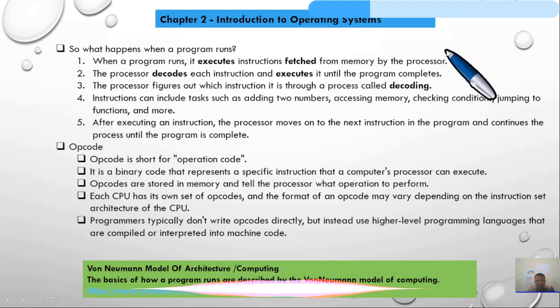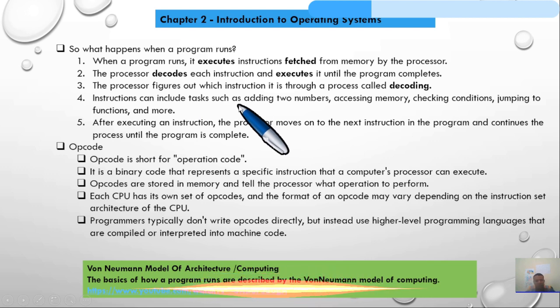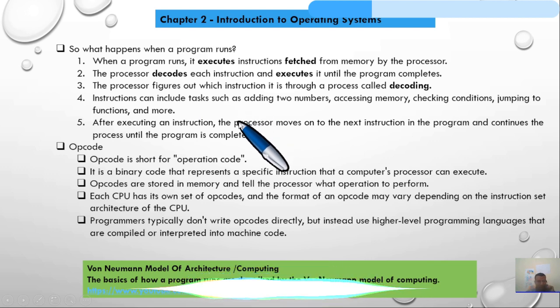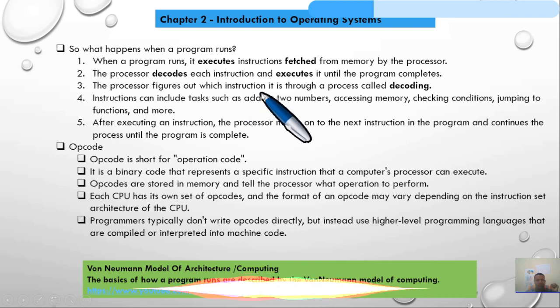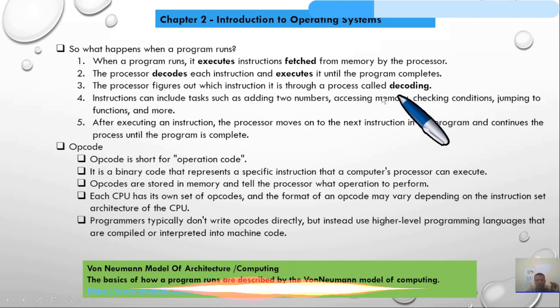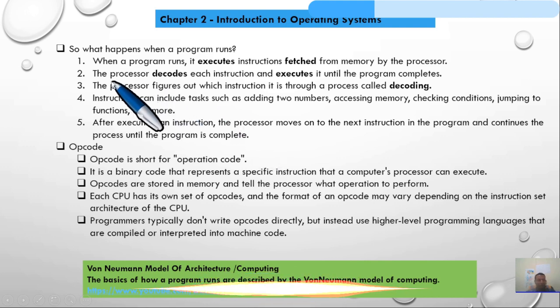I hope everybody knows what a program means and what happens when the program runs. I assume that you took some background in programming language. But if you don't have any knowledge about programming, I advise you to take courses.